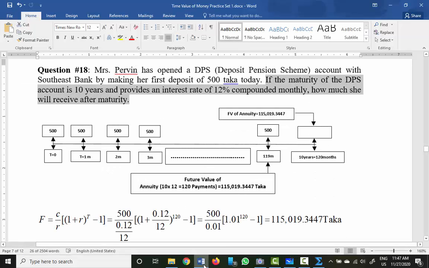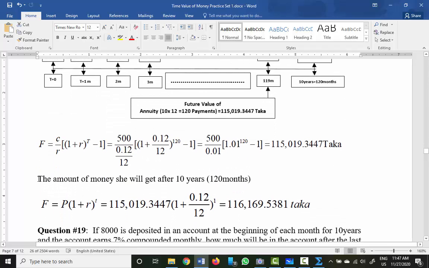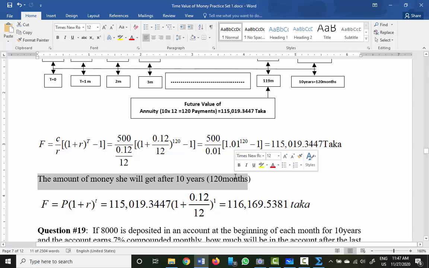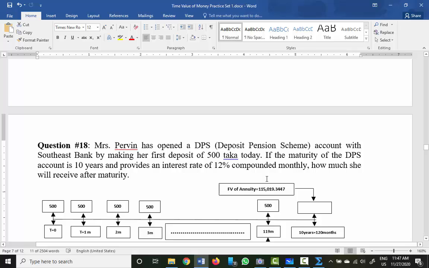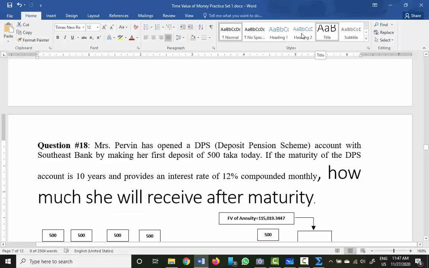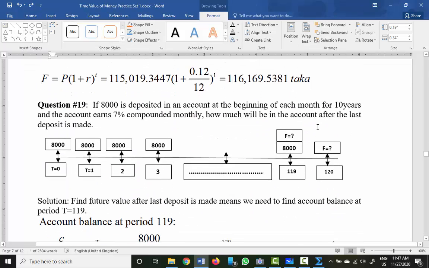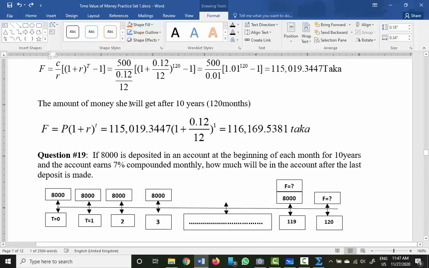But if the question asks you how much she will get after 10 years, and we already know, I have already shown you, this is the maturity period, right? But if the question asks you how much she will get after 10 years,